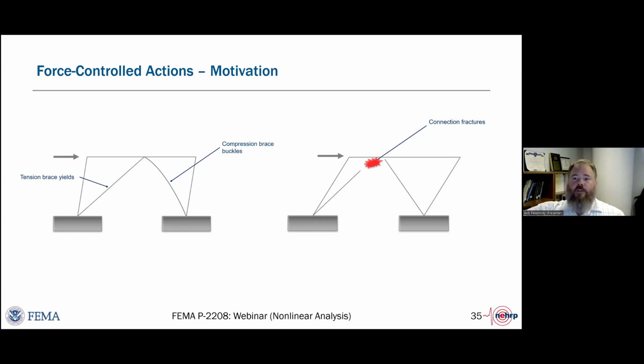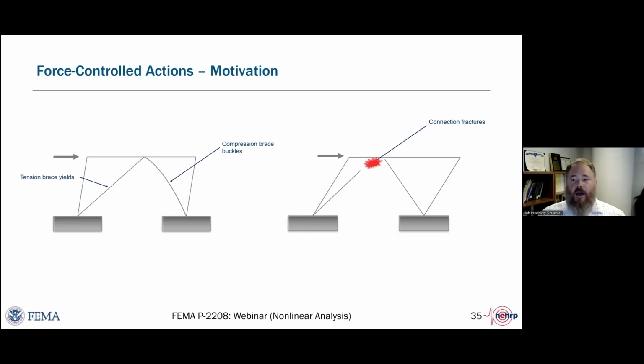And so in your nonlinear analysis model, you may be overstressing force-controlled actions. And heretofore, we were taking that in a post-processing manner and checking it to say, did the force-controlled action overstress or not? And if it did, we said that, well, the building didn't meet the performance objective.